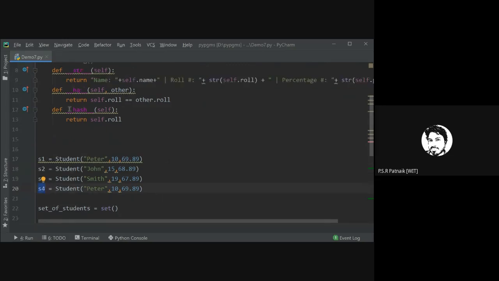If the equal method returns true, then the hash value of those objects has to be the same. If the hash value of two objects is the same, it is not necessary that the content of the objects will also be the same. Hash is always based on data. Remember, it's a global concept.